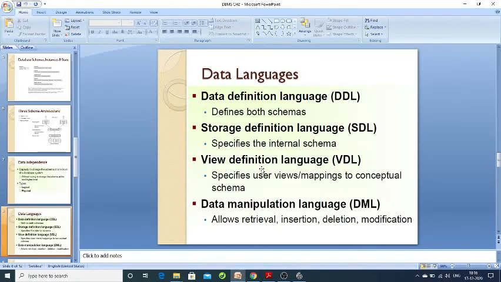Here when we say data languages, they are nothing but different statements. When we talk about data, it is the stored information. To achieve this, storing means not just inputting the data. We need to modify the data, we need to delete some data, we need to make changes. All these things will be managed by the database administrator.